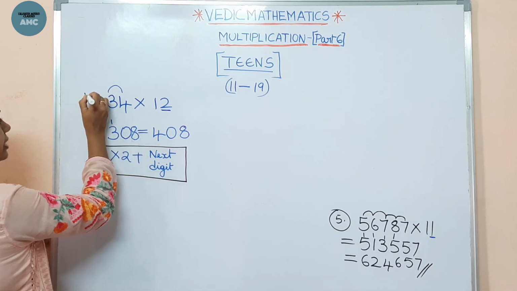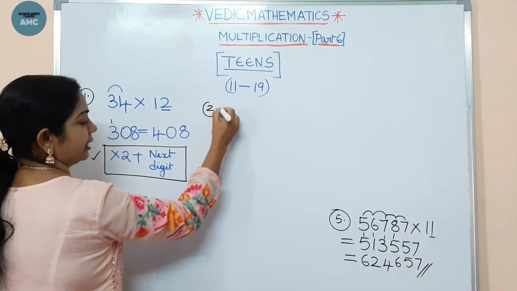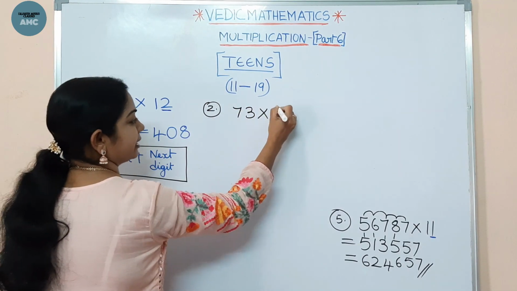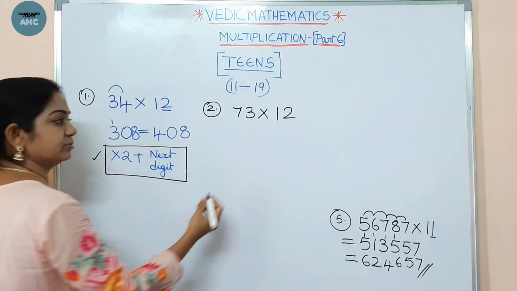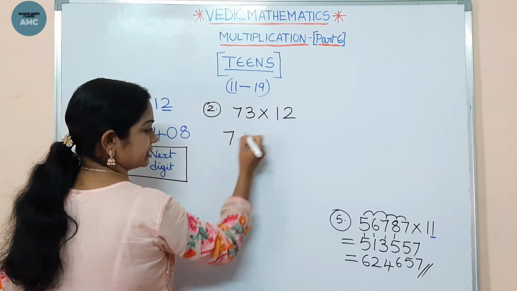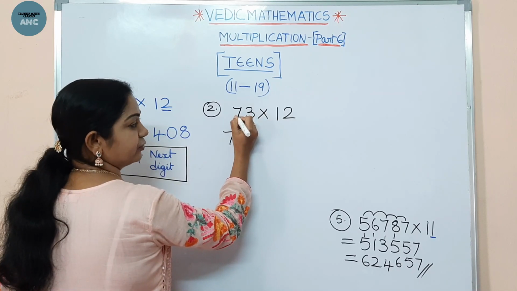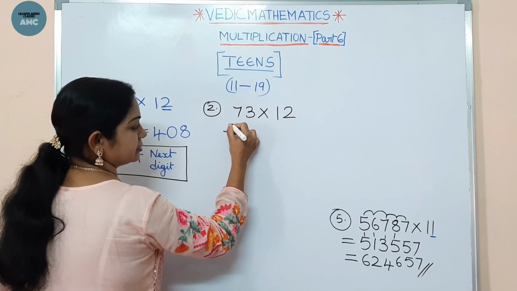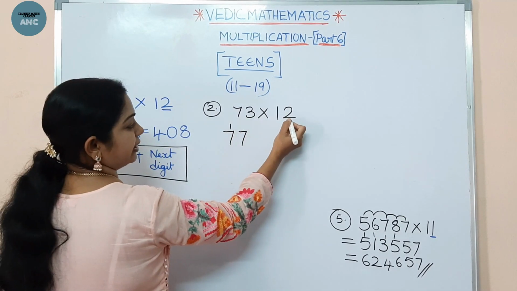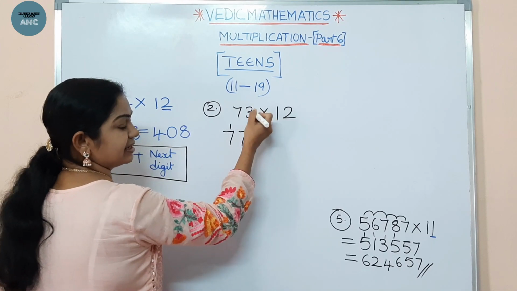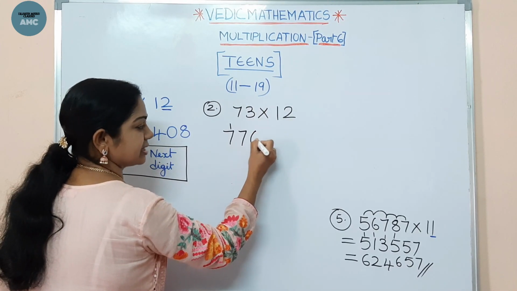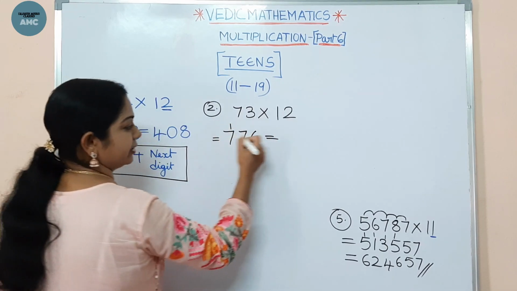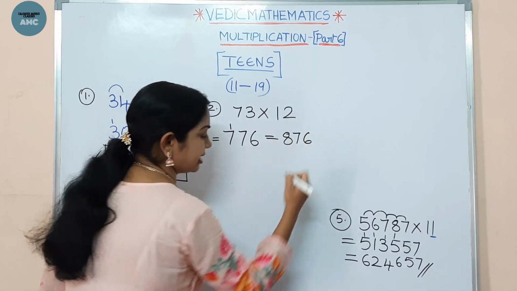Let me explain with another example. Now let us take 73. Let me multiply with 12. Now how do we do? Because this is 2, 7 as it is. 7 2s are 14. 14 plus 3, 17. So 7, keep a carry here. Then again 3 2s are 6, and there is no next digit, so 3 2s are 6 just as it is. Now this is not the actual answer, we have to include the carry. Okay, 876 is the answer.